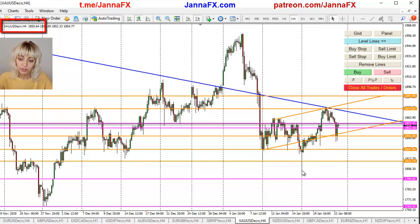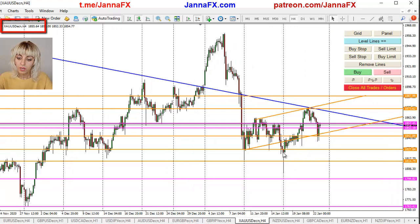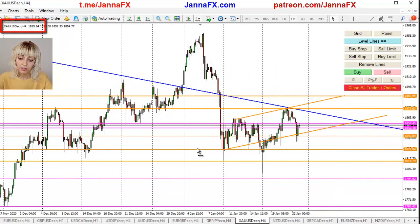Look at this candle in a week. It was a fast move. I mean, yes, very chaotic moves on gold this week. It broke just as I expected, except I didn't expect it would be like this. I thought it would be a nice move, then a little bit of slowing down and then turn around. No, look, it jumped nearly to the area where I was expecting and jumped back up. So that's one thing. It gives me an idea it will come back at some time and then fill in this